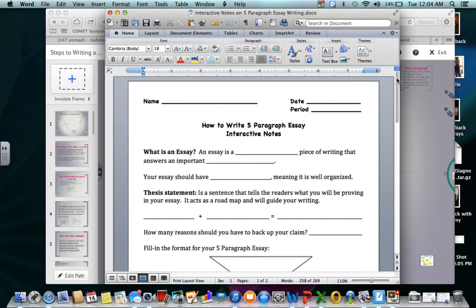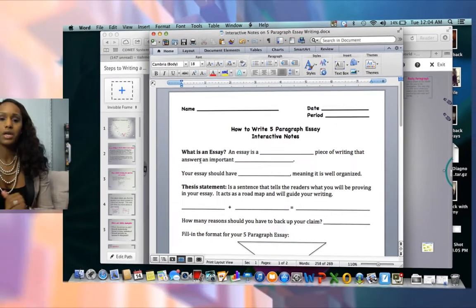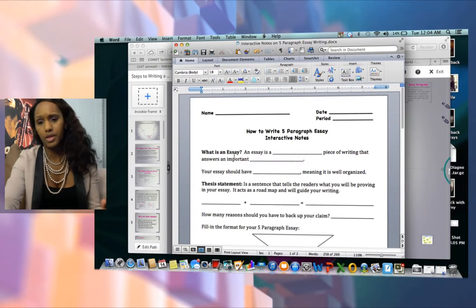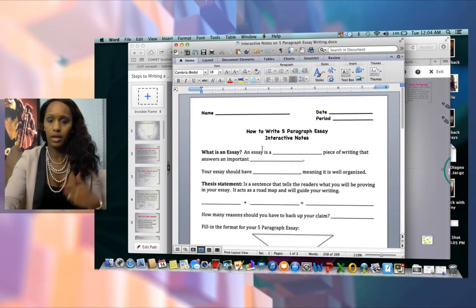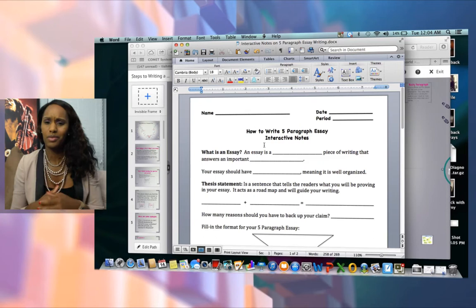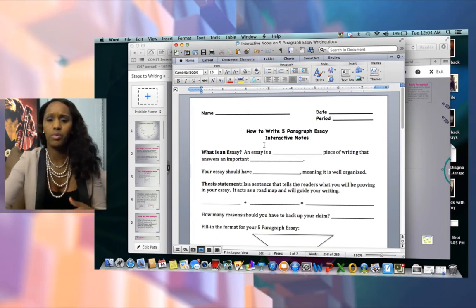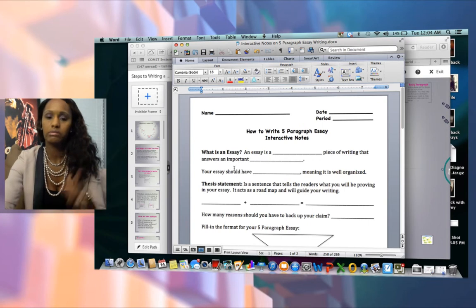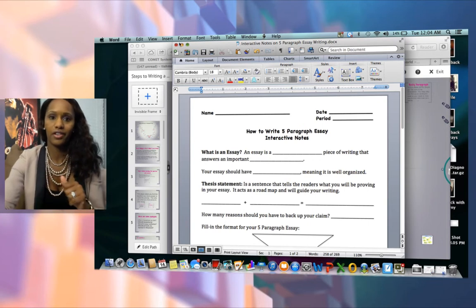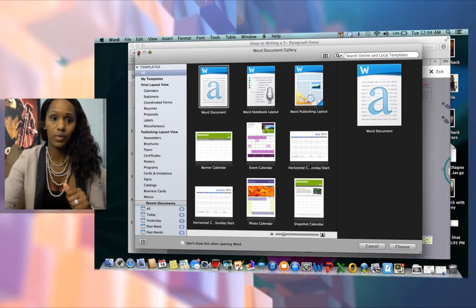Name should be up, date, of course, your period, all that stuff. This is something you are to keep in your binders. Again, remember, this essay format is something you can use forever. So it's really important that you keep it with you. All right, so I should have poked holes in it. Use it forever, okay? So aside from that, let's move on and see where we are.